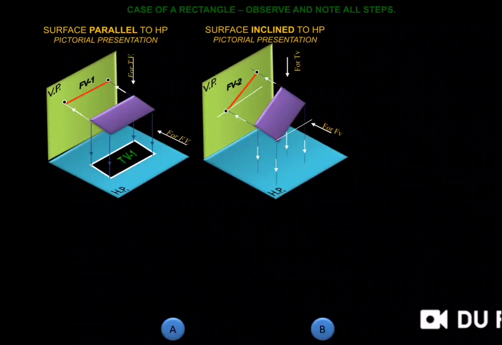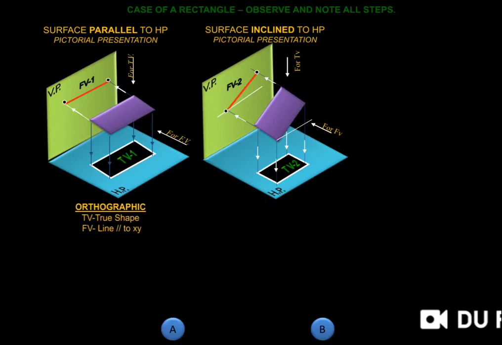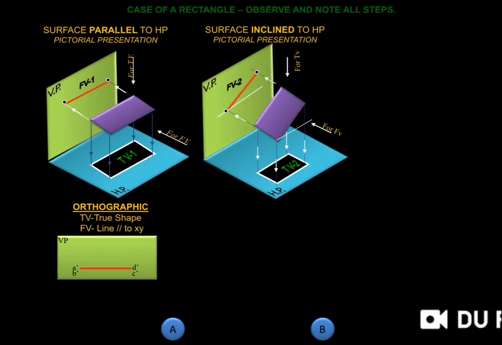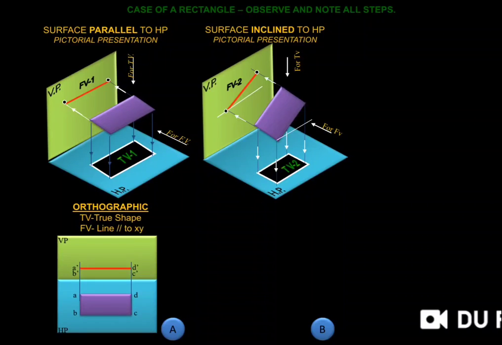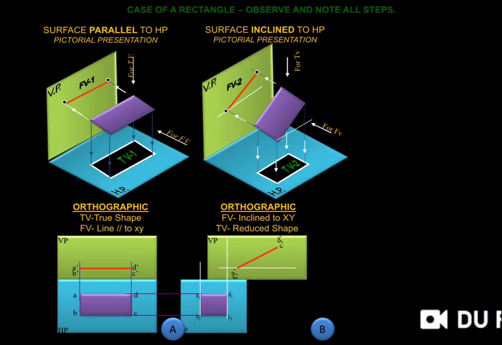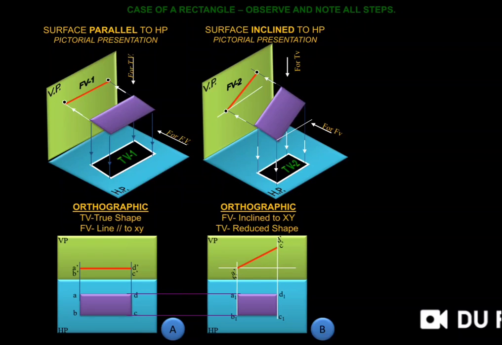Here the observer is looking from the top, and the rectangle is not of the same dimension because it is inclined to HP; that is the apparent length. The reduced length of the rectangle is seen on HP, that is, in the top view. Here, in orthographic projection, the top view is the true shape, and the front view line is parallel to the XY line. Here are the cases of orthographic projection, with the names given.